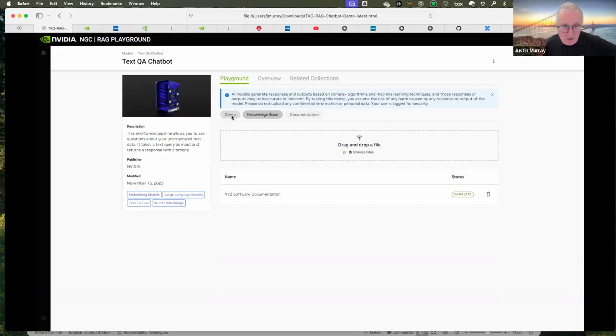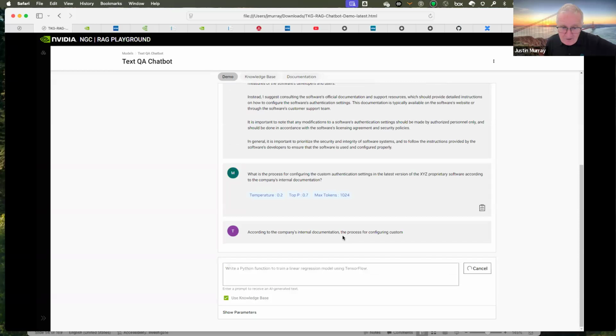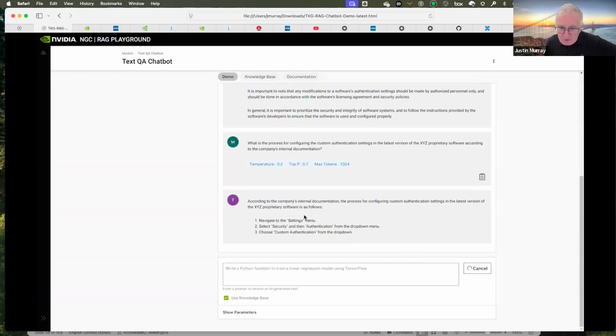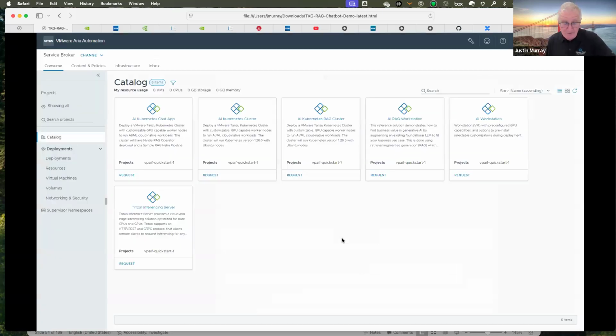We're going to switch that on and go back here and turn it on and ask the same question again with it on and say submit. And this time, according to the company's internal documentation, the process for configuring authentication are steps 1 to 7. Much, much better answer.